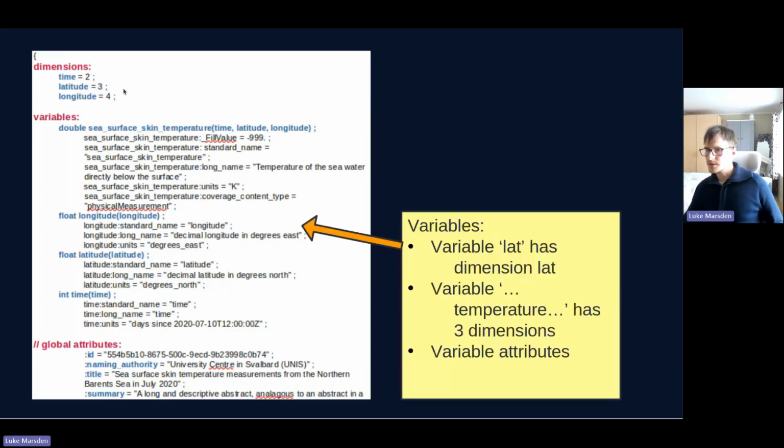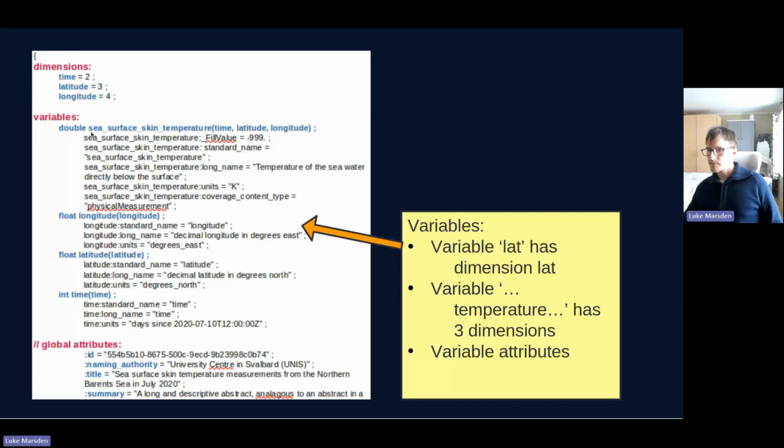You then have your variables, and we can break this down into coordinate variables, longitude, latitude, and time, and your data variable. So your longitude variable here, for example, has a dimension of longitude in brackets, and we can see that these are all floating points, so there's decimal places.